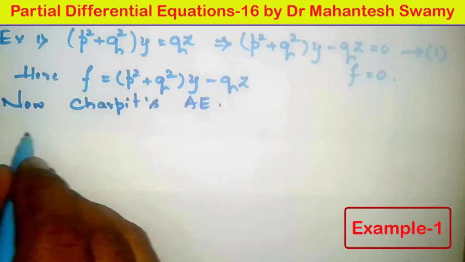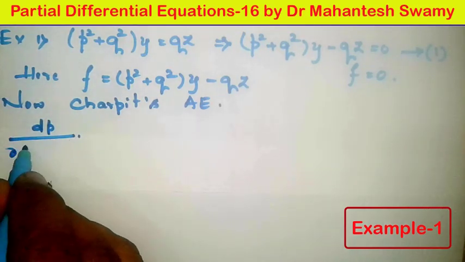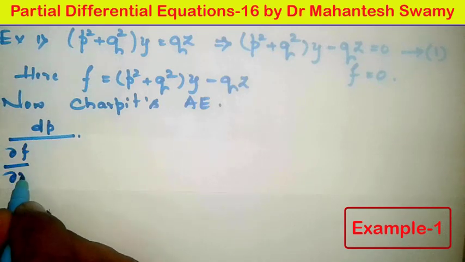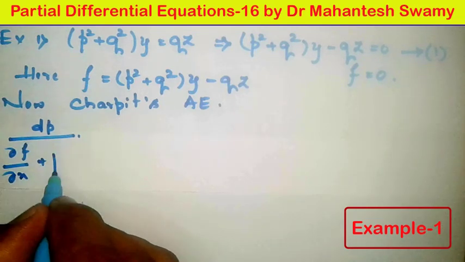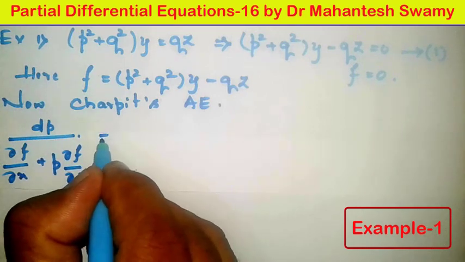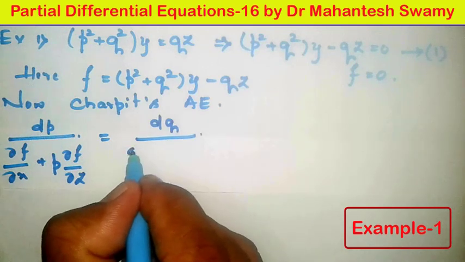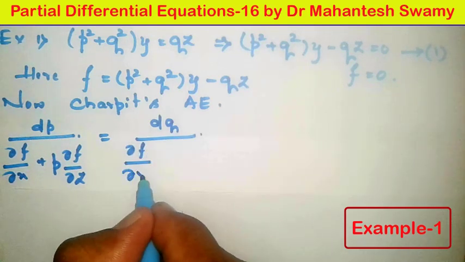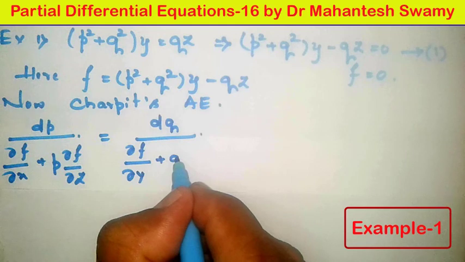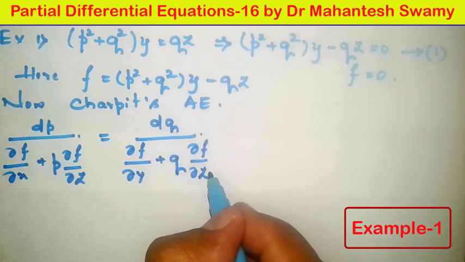So what are the Charpit's auxiliary equations? dp by ∂f/∂x plus p into ∂f/∂z equals to dq by ∂f/∂y plus q into ∂f/∂z, that is